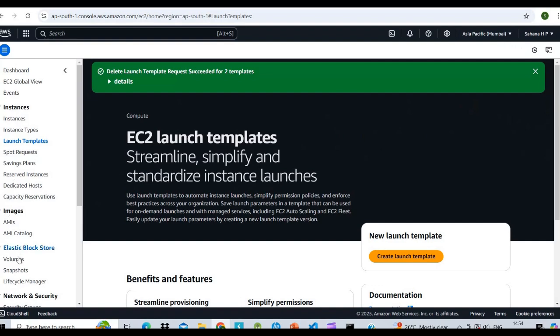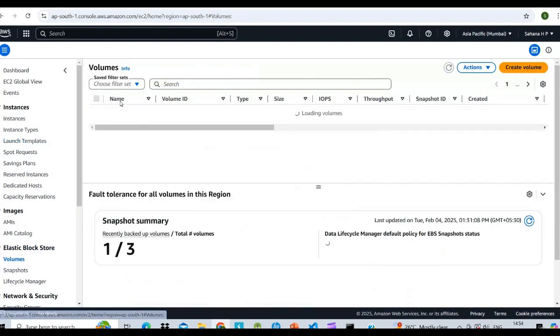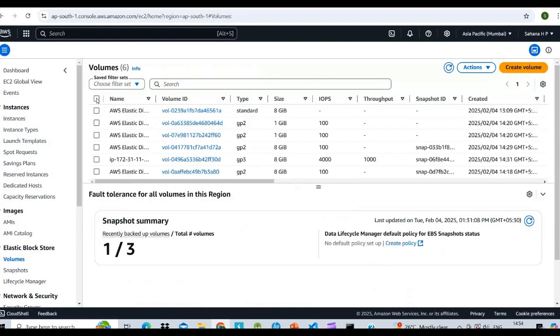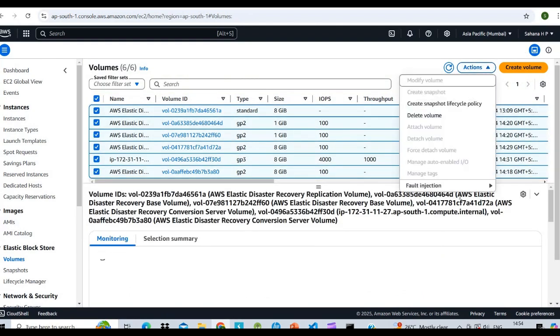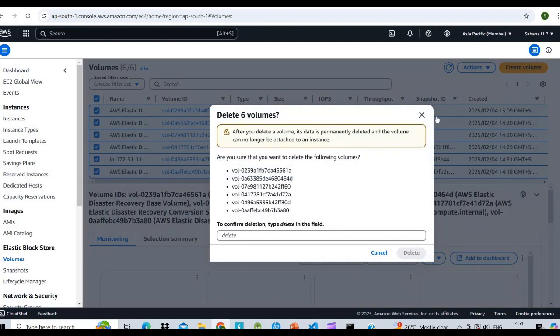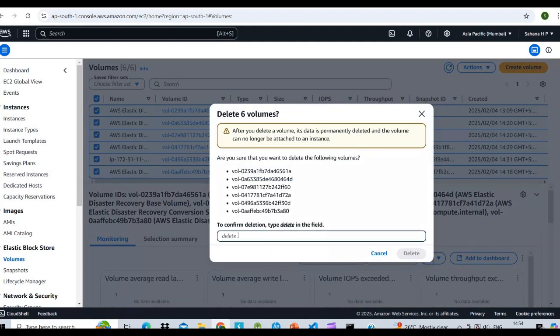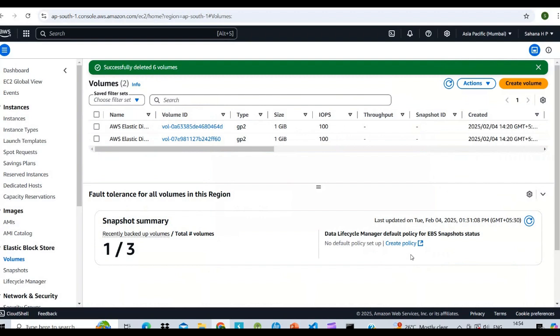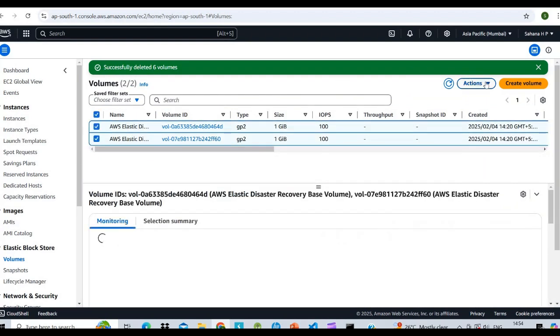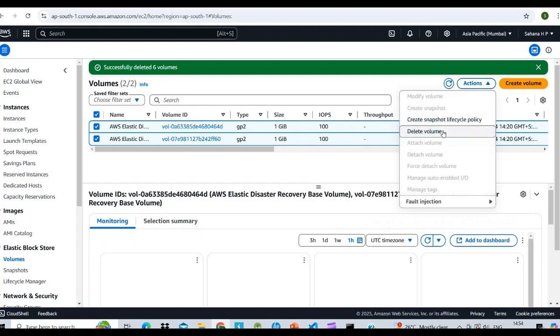Then go to volumes, select them, and click on delete volume. The deletion was successful.